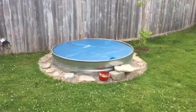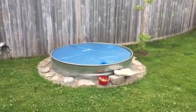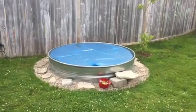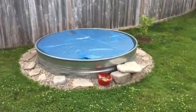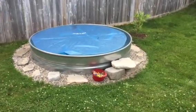So I thought I'd shoot a little video on a new addition for the yard this year, and this is a stock tank pool. I got the idea of it searching on the internet for a small pool. Could have put in one of those inflatable pools for a lot cheaper, but I was looking for something that